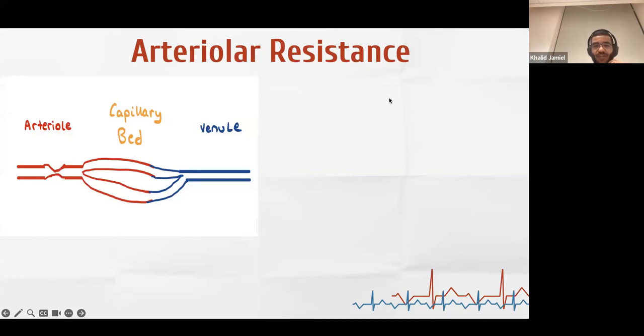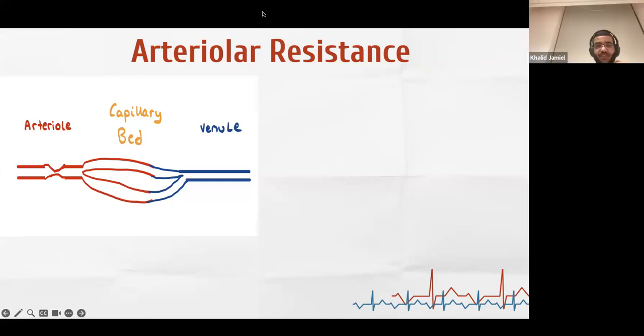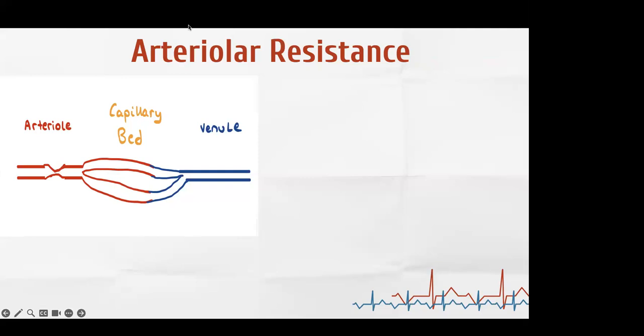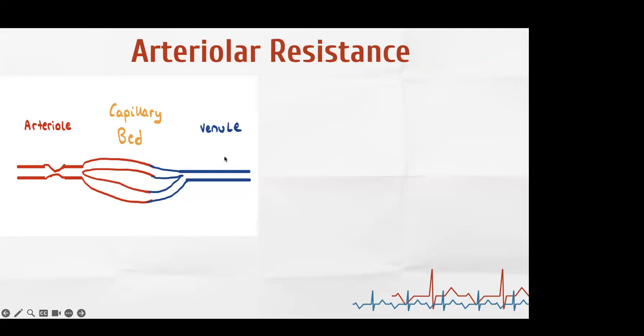Obviously, you should know by now, you increase resistance by vasoconstriction. So let's say we vasoconstrict the arteriole. What will happen to the pressure in the venule? Omar says increase. Does anyone have a different answer? Decrease. Why? Because we narrowed the arteriole, which means that less blood volume will pass because of the resistance,